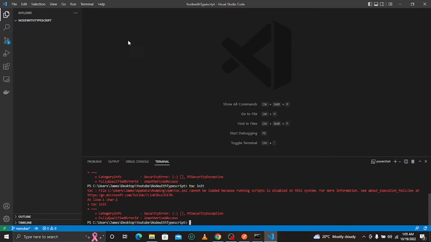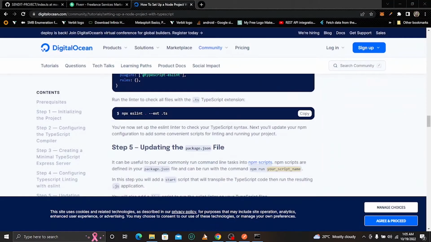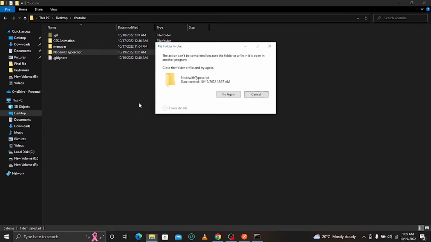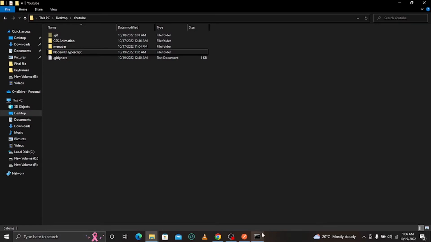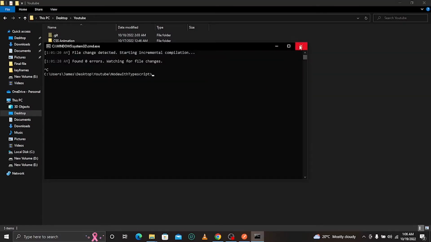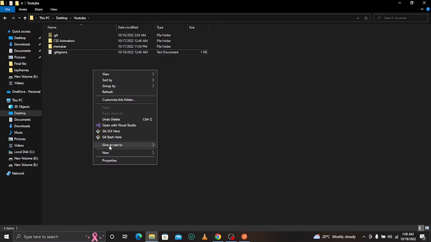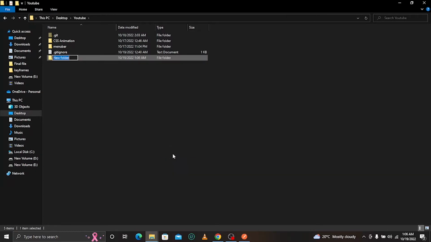I don't know why it is saying this, but we can just delete the application here. I had tested it earlier, maybe that's the reason. Let's close, then delete here, then let's start coding. So we create a folder, let's say node application